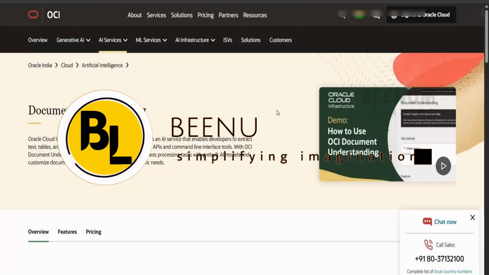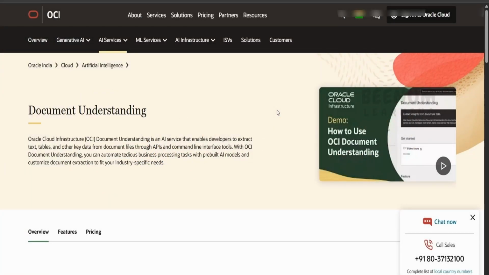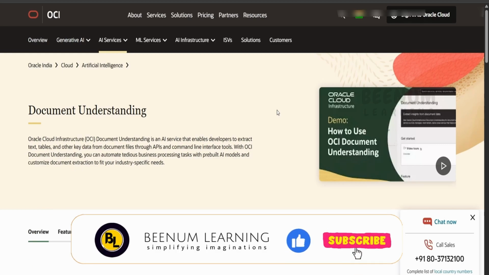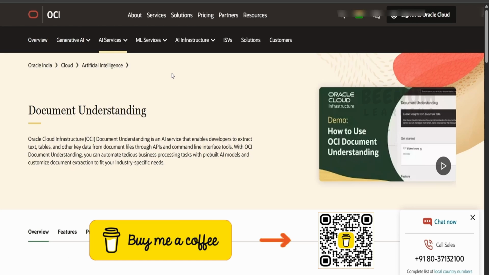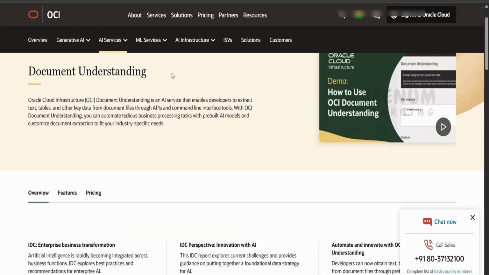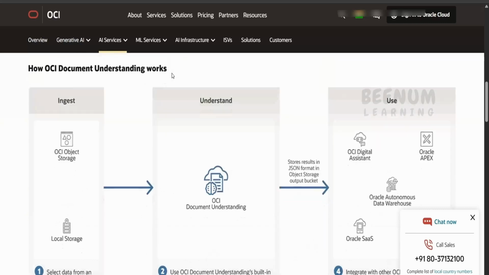In this class, we are going to learn how we can make use of OCI Document Understanding in our integration in Oracle Integration 3. In our previous classes, we had seen in detail how we can leverage the various features of document understanding like text extraction, key value extraction, table extraction, as well as the document classification. For demonstration purpose, we will be classifying the document which we will be uploading from our local computer to the